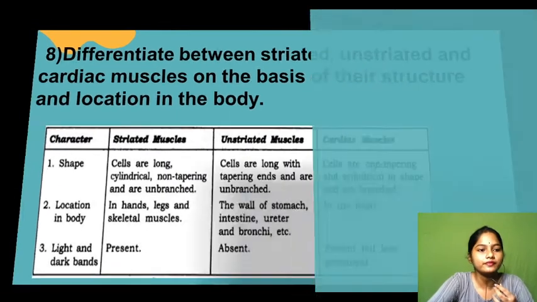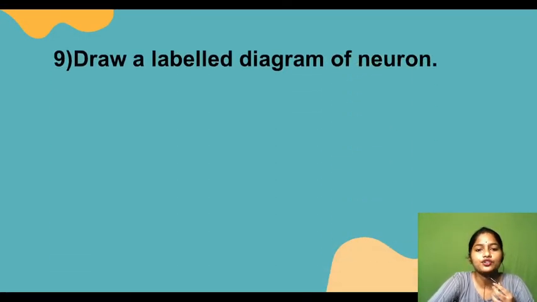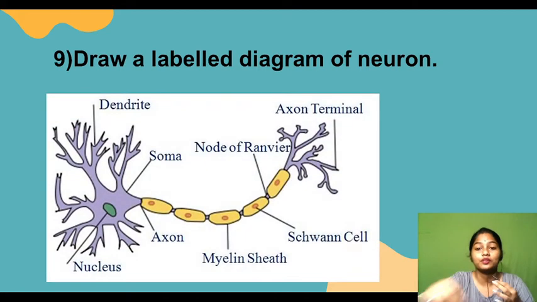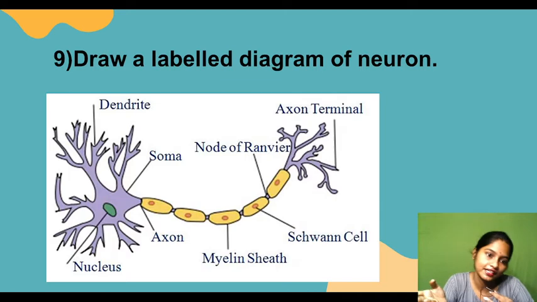Yeah. Now moving to the next, draw a labelled diagram of a neuron. Neuron means nerve cells, right? So this is the basic structure, as it has one nucleus and cytoplasm, and branched hair-like structures are called dendrites, and the chain-like structure is called the axon, and the axon has one covering which is called the myelin sheath. And nodes of Ranvier mean the joining of one axon with another axon, and the axon terminal or nerve ending. Clear? Okay, you just practice the diagram, it is very important.